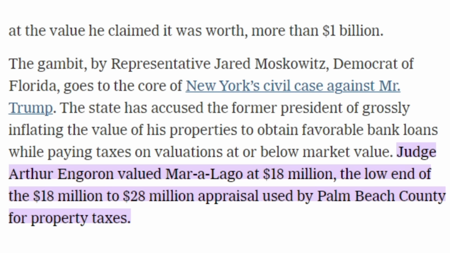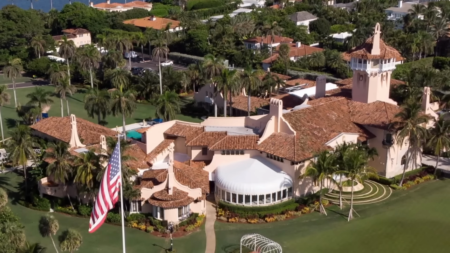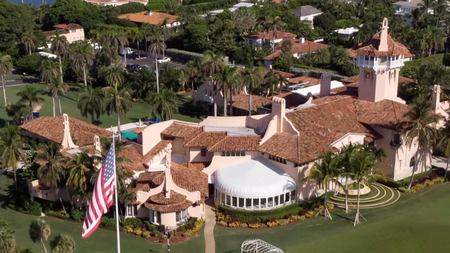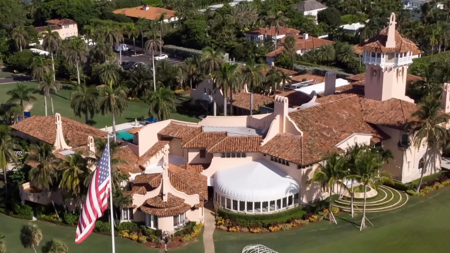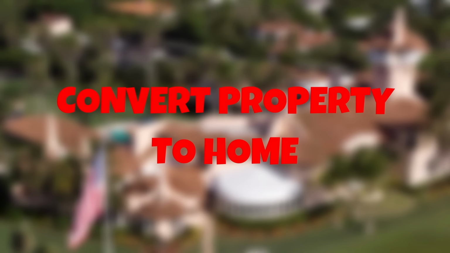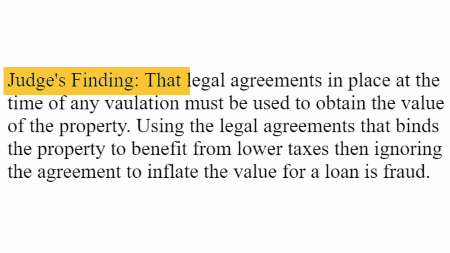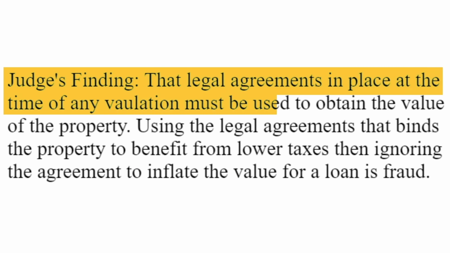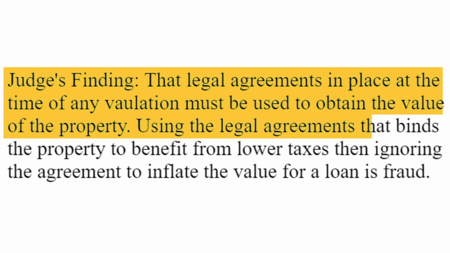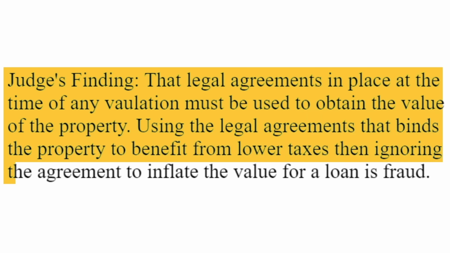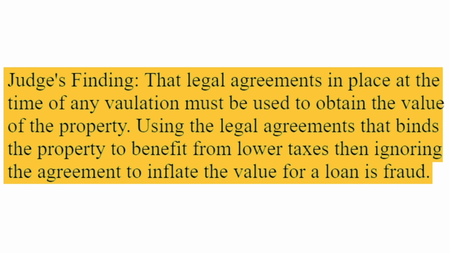Now, the Trump Organization, in its statement of financial condition, valued the property at $400 million, as high as $600 million. Their reasoning is that at some point in the future, they would be able to breach their obligations under the contract they have with the state and convert the property to a home. Now, the judge in New York didn't buy this argument. The judge essentially said that the legal agreements in place at the time of evaluation must be used to obtain the true value of the property at that moment. Using the legal agreement that binds a property to benefit you with lower taxes, as they were doing in Florida, and then on the backside ignoring the agreement to inflate the value to get a loan,